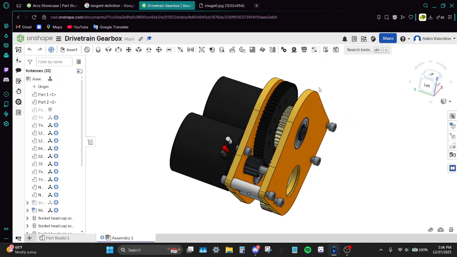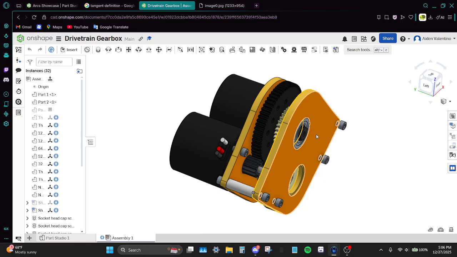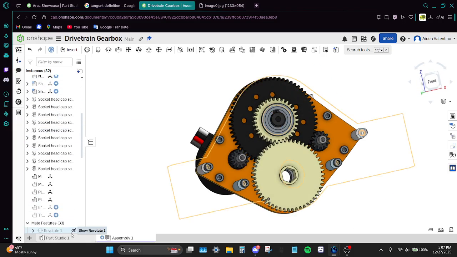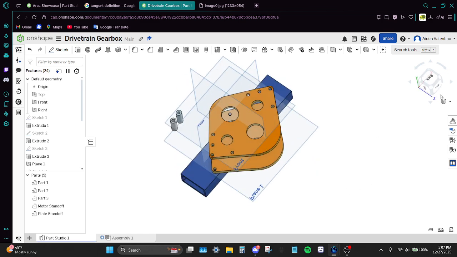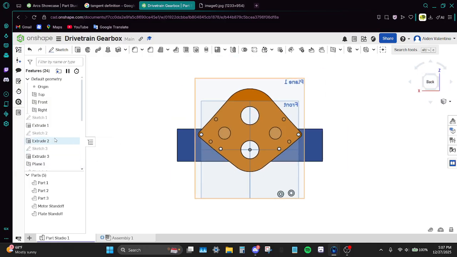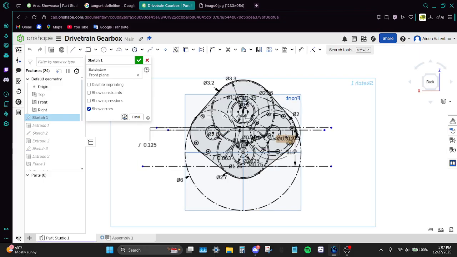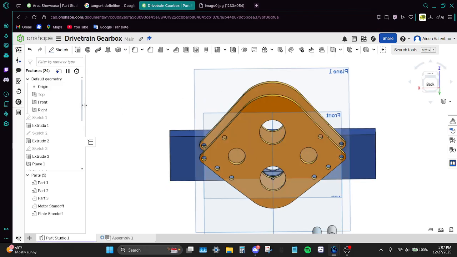If I go into, where is it? If I make this plate hidden, and I go to, that's the assembly. Hang on, just 1 second. There we go. If I go into sketch 1 here, so if you see, when I escape these, okay,